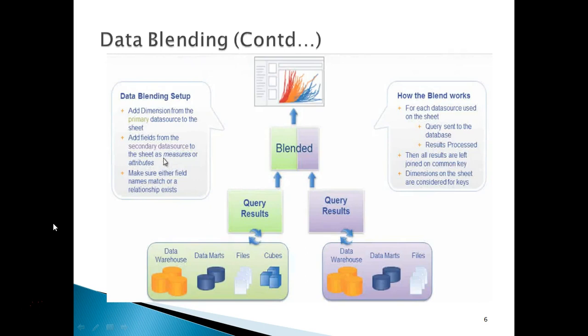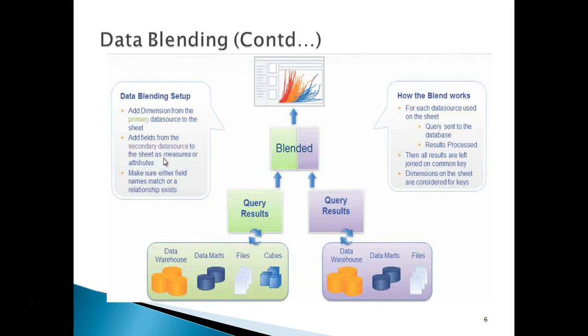So how does data blending actually happen? When you are going to bring in your data from multiple data sources, you are going to add a dimension from the primary data source to your view or sheet. You are also going to add some fields from your secondary data sources as well. Every time you bring in data from these two data sources, you should make sure that either the field names match or a relationship exists.